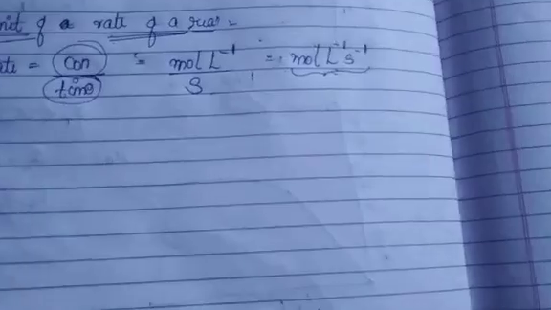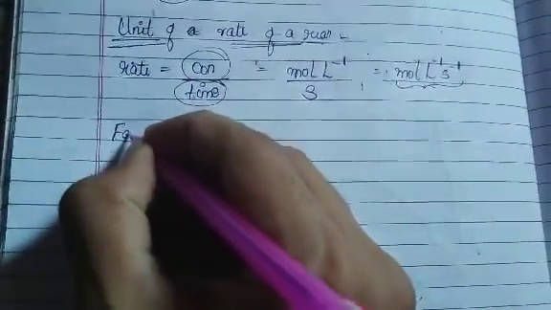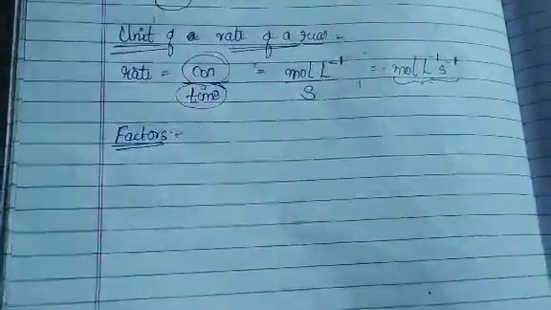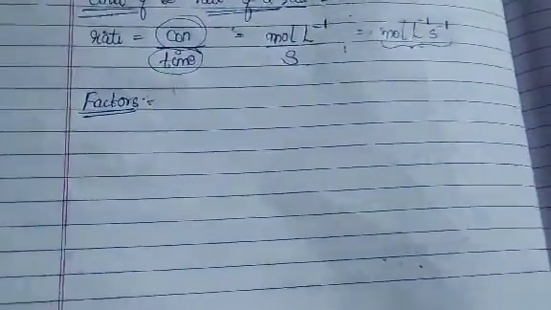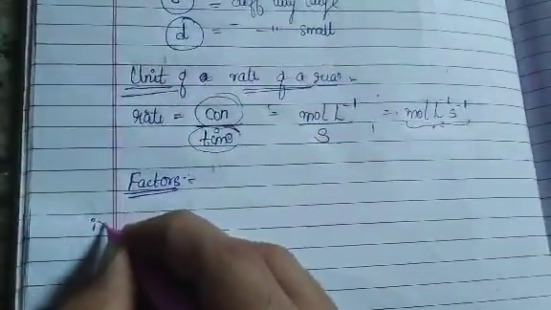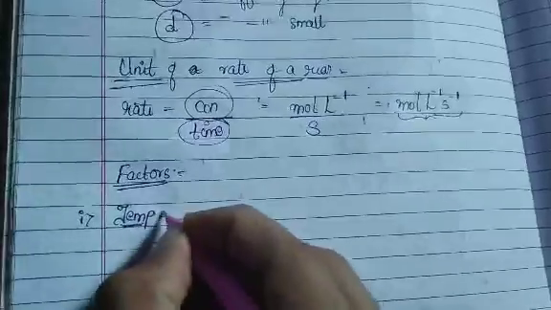So guys, in this video we are going to deal with the main factors which are going to affect the rate of the reaction. So we are going to see the factors which affect the rate of the reaction, that is, how fast a reaction can proceed by altering certain conditions. So first and foremost, let us see what temperature does to the rate of the